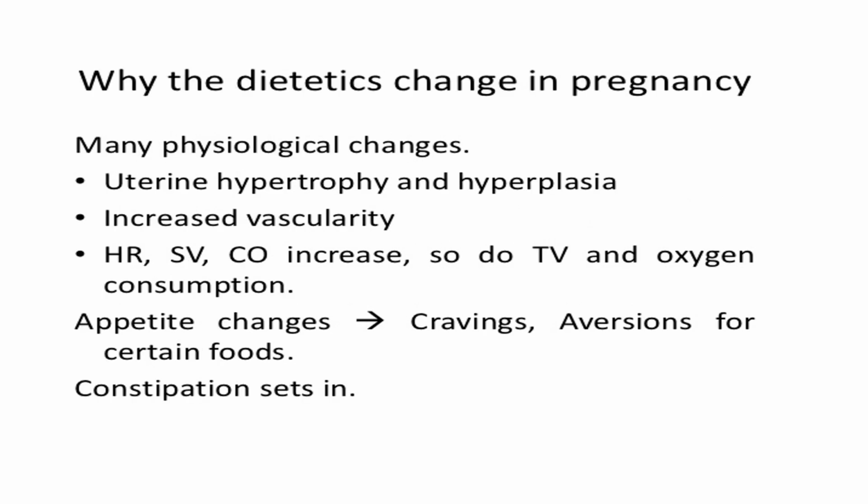And why do we need to make changes in the diet during pregnancy? We know that during pregnancy, the uterine size is increasing, the number of cells and size of cells are increasing, blood supply to the uterus is increasing, heart rate of the mother is increasing, systemic volume is increasing, cardiac output is increasing. So oxygen consumption, everything is increasing inside the body. And the mother's appetite also will change. Sometimes she may start to crave unnatural substances, and sometimes she may get constipation. A lot of changes are occurring in her body. So for meeting these changes, or for getting adapted to these changes, we need to make changes in her diet.